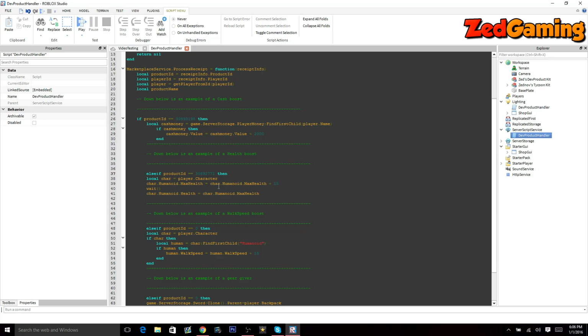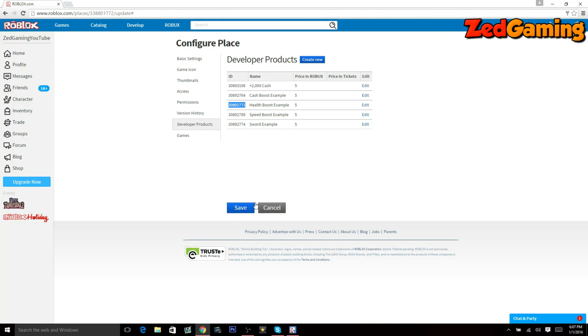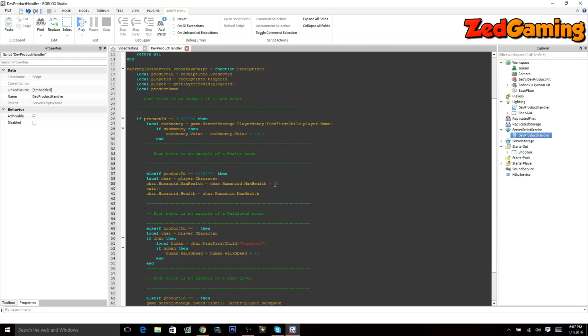r.humanoid.MaxHealth equals, so it sets the player's max health to its old one plus an extra 15. So this allows you to add extra amounts to them instead of just setting it to one certain health. This will just allow them to keep on adding 15 over and over as much as they want. In this case, we'll just leave it at 15,